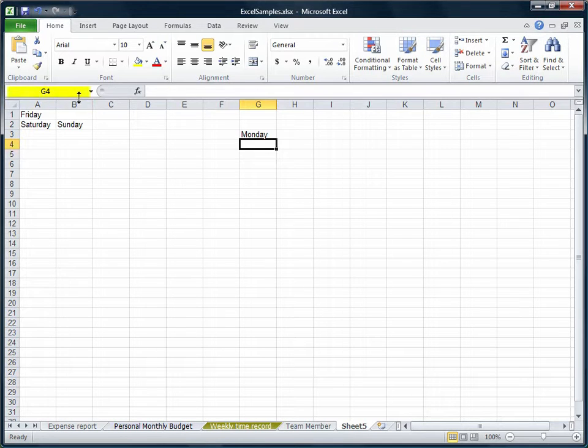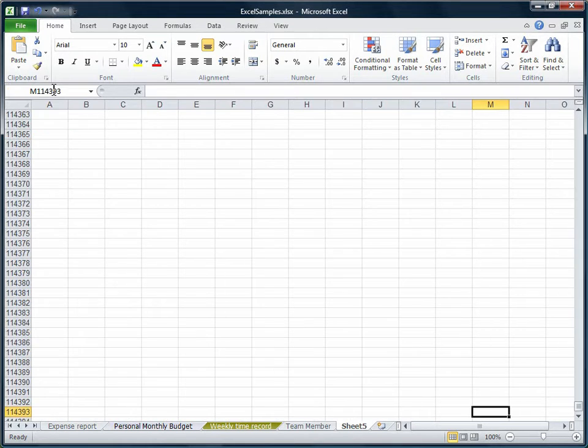I'm going to move the cursor back up to the name box and click in it, which selects the cell address. And I'm going to type in another cell address, but I'll make it a big one. M114393. Now you can use the name box to go to other locations in the spreadsheet just by typing in the cell address and then pressing Enter. And here we are down into cell M114393. Column M is highlighted, row 114393 is highlighted, and the cell address of this active cell is up here in the name box